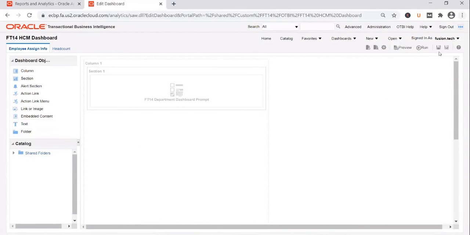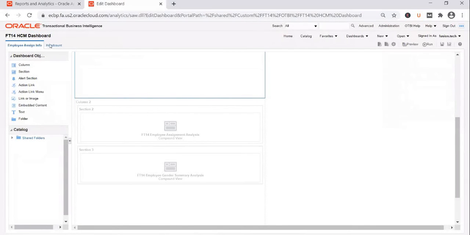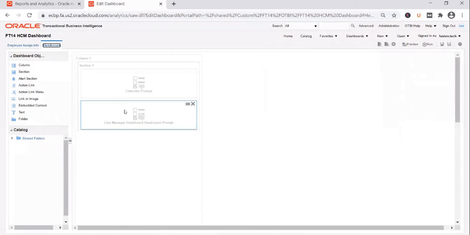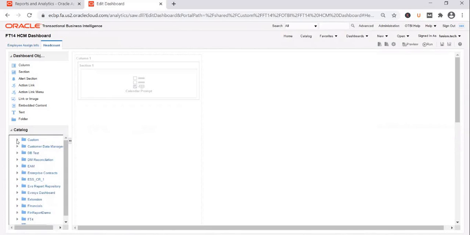And what do you see in here? You see that, so if I reduce the sources a little bit. Sorry, if you go to the second page, you see the line manager dashboard headcount prompt. So you take it off and you add in the custom prompt that you have created.